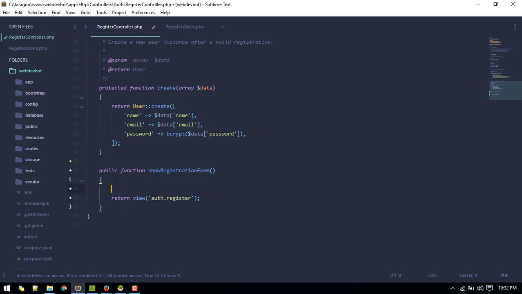and we'll first fetch our roles. Role orderBy name, and we'll just pluck name and ID, and we'll pass that to this view. Now let's go to register blade,